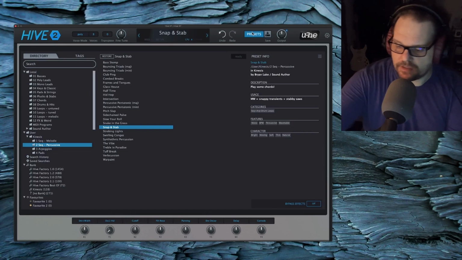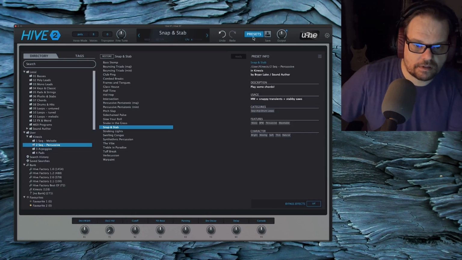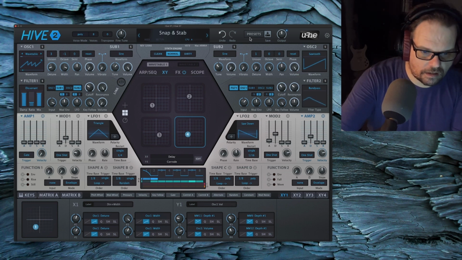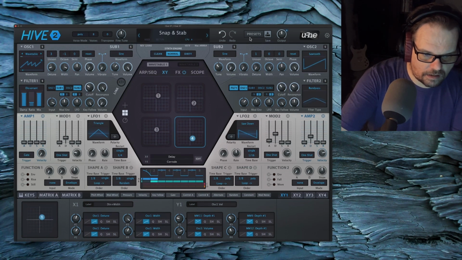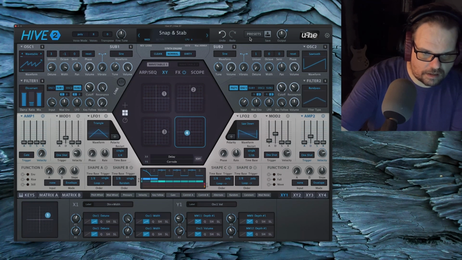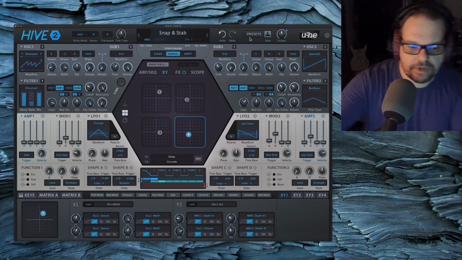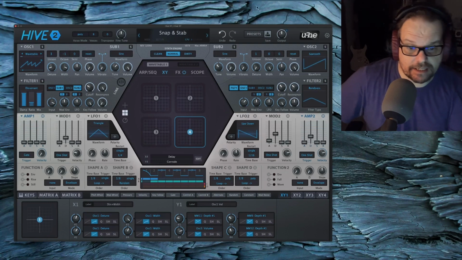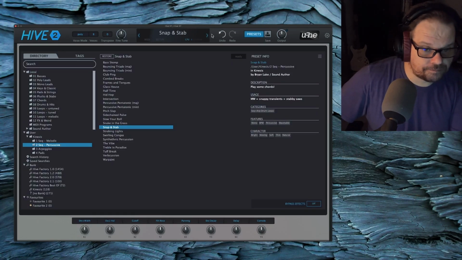Some snappy transients there for the mod wheel. That one, it might not seem like much, but actually layers really nicely with a lot of the sequences.